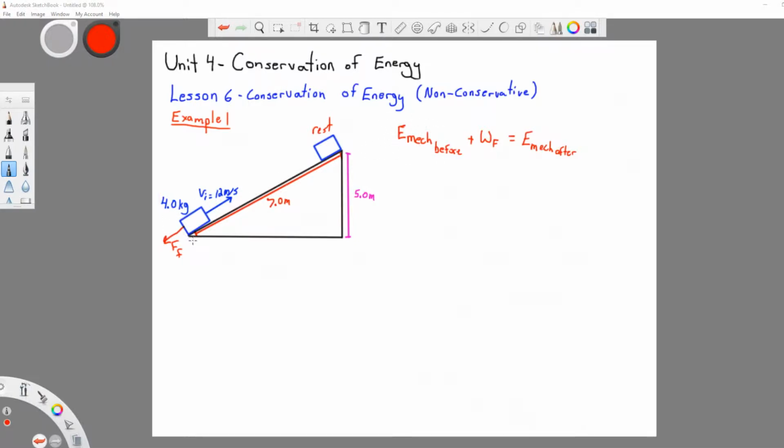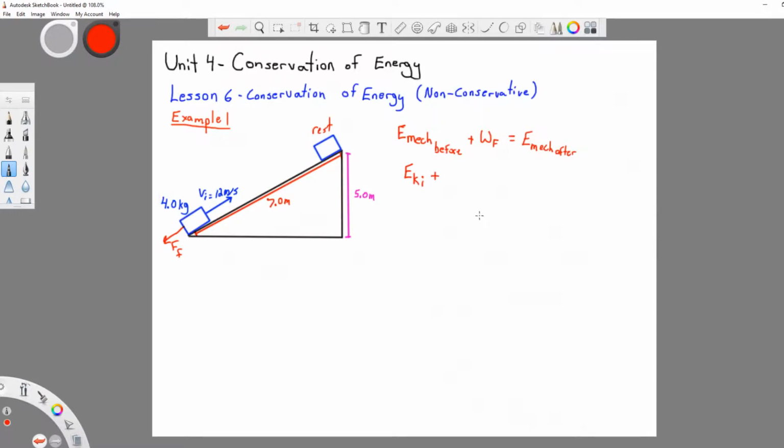This box, I don't know if my diagram shows it perfectly, but it is at ground level. So if there's no height value here, we can say that potential energy is out. We're not going to have any potential energy at the beginning, but we have a fairly high initial velocity. Velocity correlates to kinetic energy. So we're going to have at the beginning energy kinetic initial